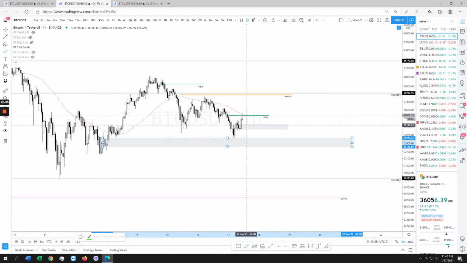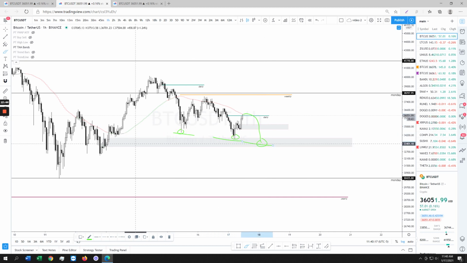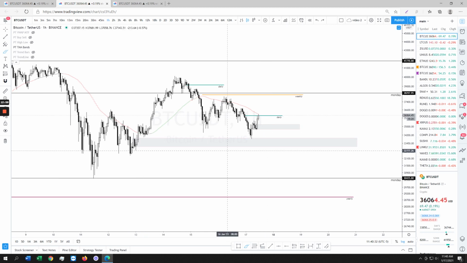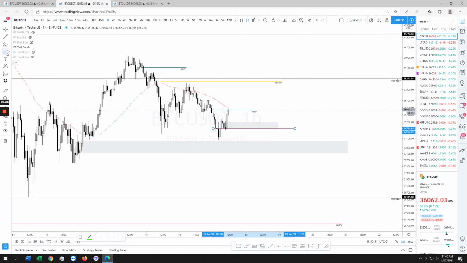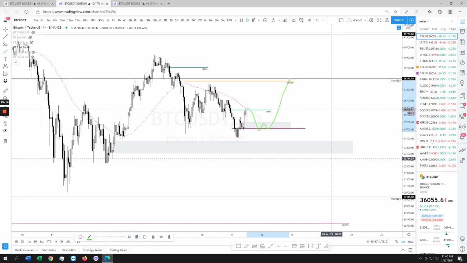So if we happen to go for a third drive, meaning that this is our first drive, this is our second drive, get rejected here, go for a third drive. I mean 1, 2, 3 drive into this OB, retest it, reclaim it, then you could target your weekly open. That's a possibility too, right? But just keep in mind that more often than not, once you tap it the first time, you do happen to get a decent bounce up, and then this officially becomes your support level. So you don't want to see price go under this. So something on the lines of reject here, come back here, touch, and then go back up is a more likely play, right? Whether it happens or not, I don't know.